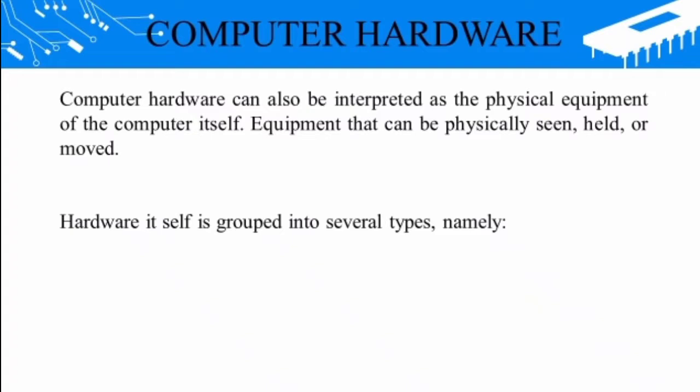Computer hardware. Computer hardware can also be interpreted as the physical equipment of the computer itself. Equipment that can be physically seen, held, or moved. Hardware itself is grouped into several types, namely